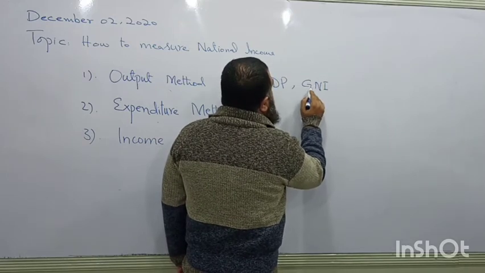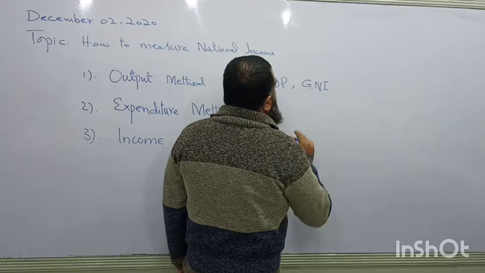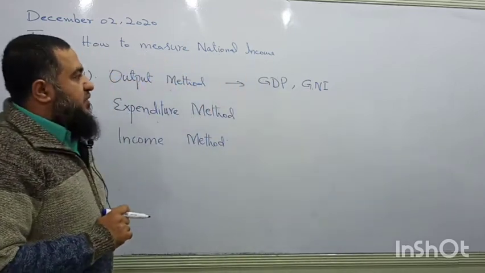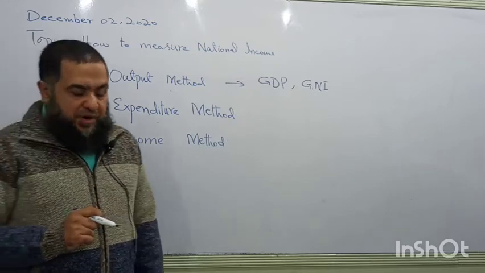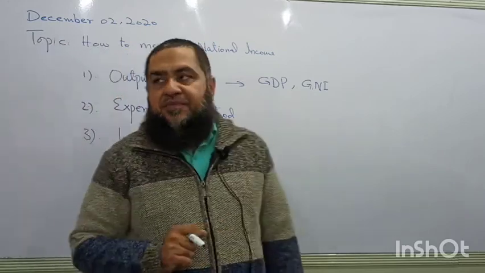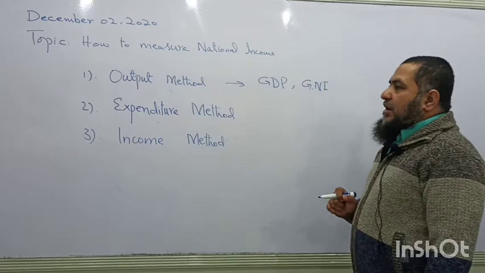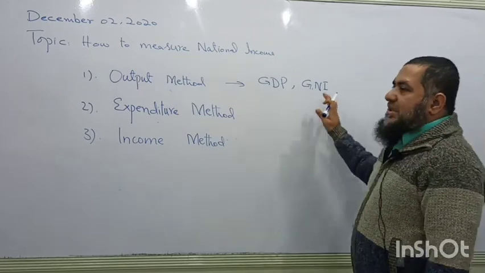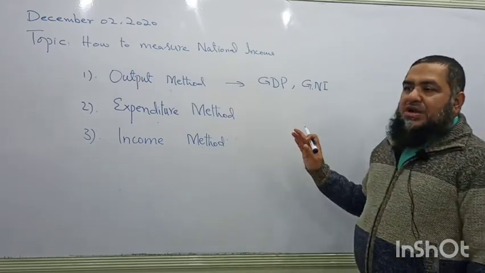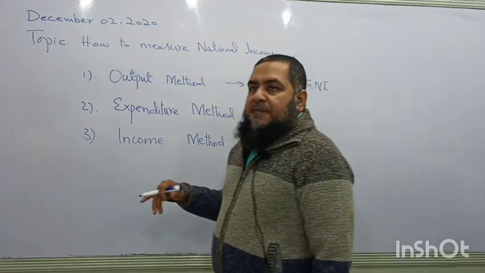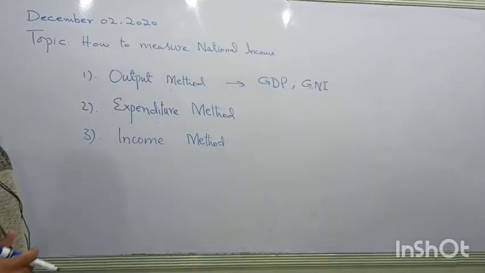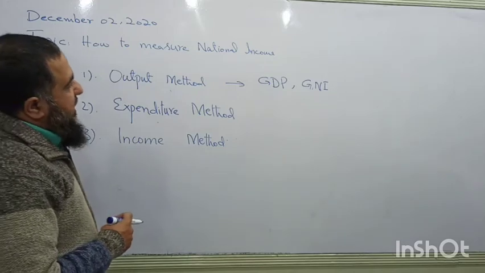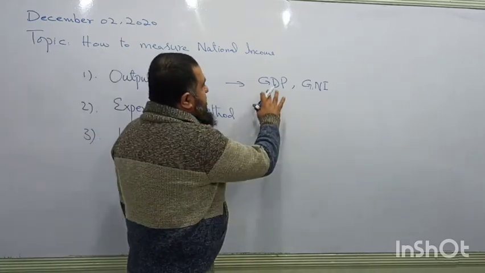Another measure which is also used is called GNI. Nowadays it is GNI instead of saying GNP. Previously we had the notation of GNP, gross national product. Now it is gross national income. It is the value of output produced by the nationals of a country, within the geographical boundary or outside the country. This is the output of only the nationals. How do we reach GNI from GDP?